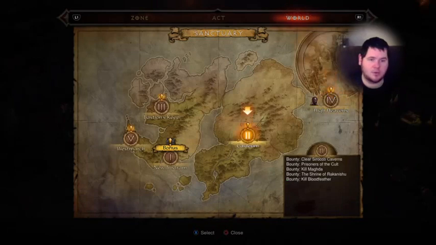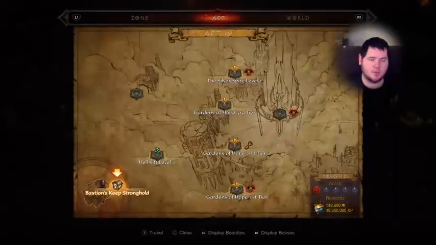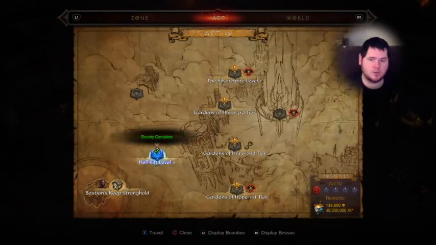Again, if you're going with Chapter 2, go straight up, look for Zoltun Kulle. If you are going for Chapter 4, just look for this Hell Rift and run that again and again and again, and you're going to get items. So that covers bounties. If we're going to talk about how to outfit other characters with legendary items,